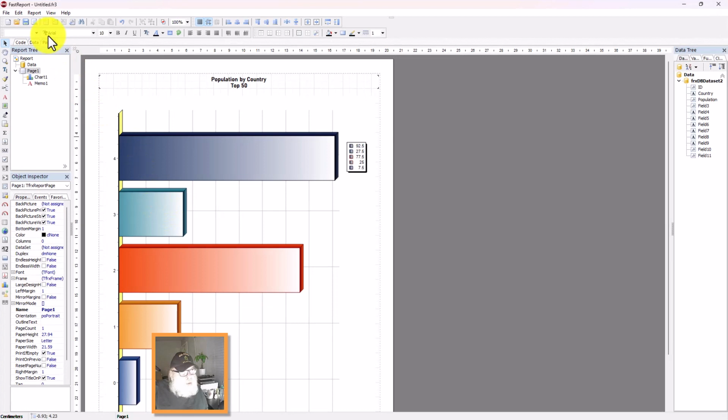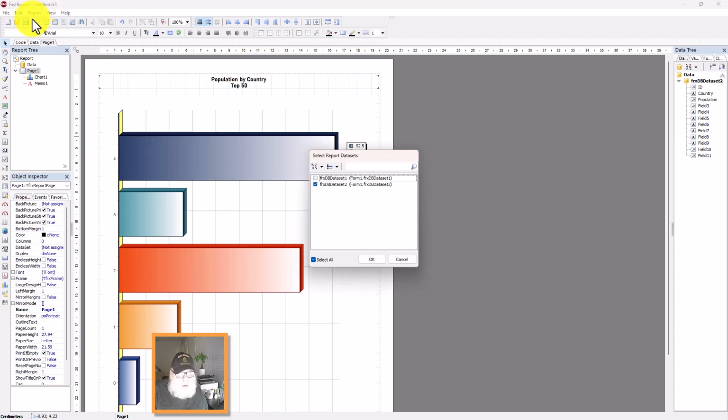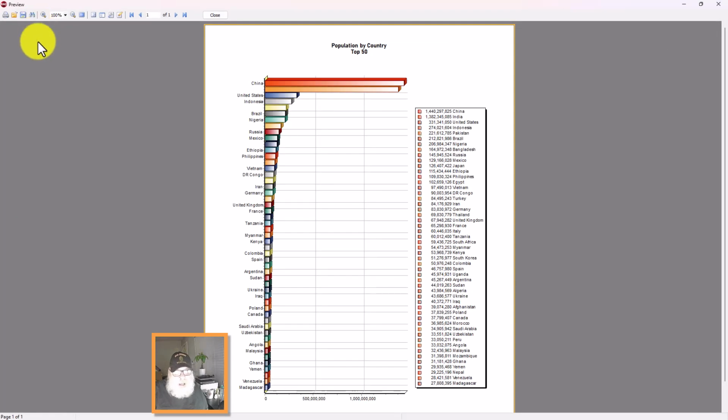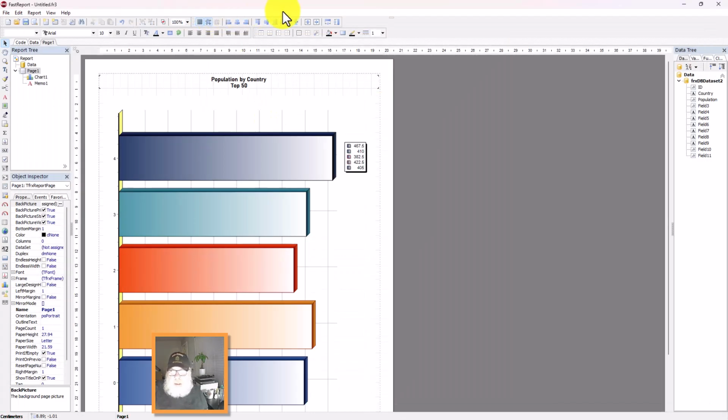And if you look at the data, just dataset 2, and then we can preview this. And there's our preview, population by country, top 50. We can close that. Now, an interesting thing that we do is you see